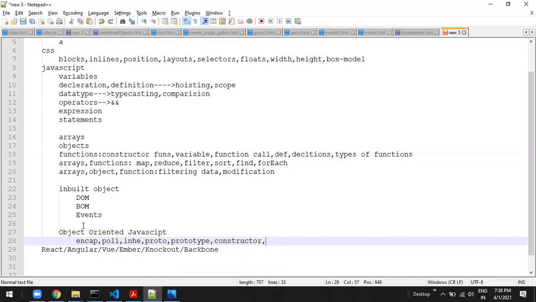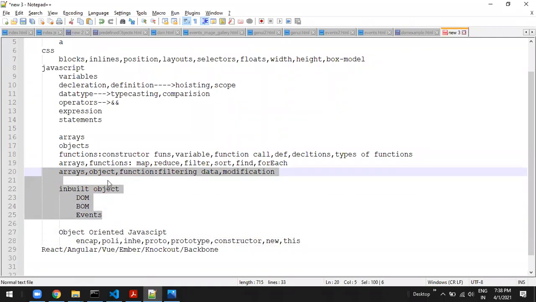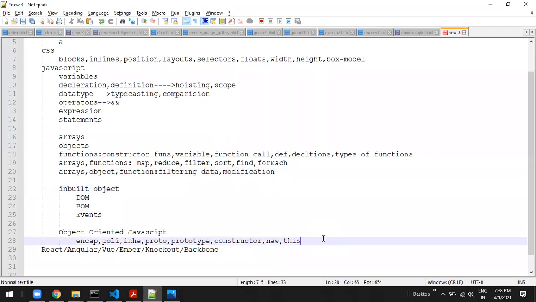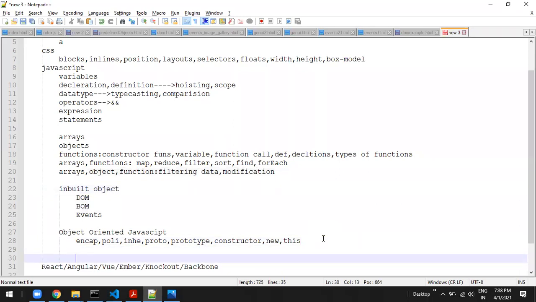What is the new keyword, what is this, all these things will be covered over here. Yes, you may have used this keyword before also, but definitely you need a separate introduction to this. Yes, this may be 1 or 2 days definitely.